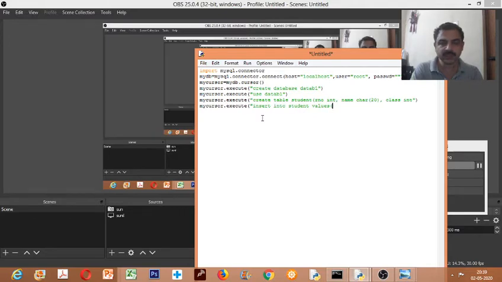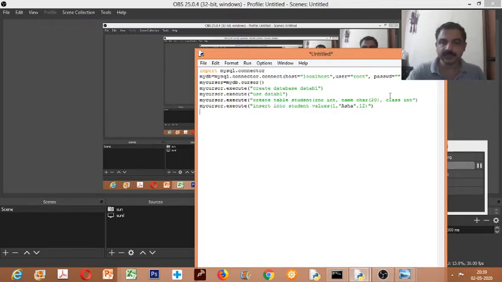For example, the first one is an integer, roll number is 1, then name, then class, which we also took as integer. Okay, so this is the command by which we entered the data, right? This will remain as it is. What we used in SQL, the same command we are going to use here. So insertion is over.